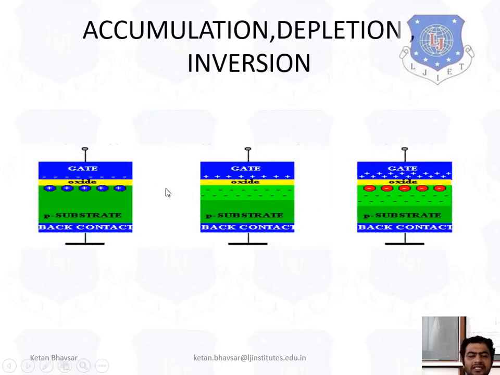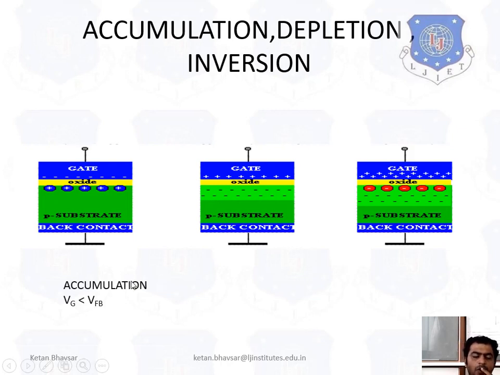Now it looks like this in a particular diagram. Suppose this one is your substrate, and you can see when I apply the voltages here, there are some positive holes. This one is electrons, this one is your holes, and the electrons go back. Here you can see that one inversion layer will be created. This one is the majority charge carrier, holes, and this one is your electrons. So now what exactly is this situation? This one is for accumulation, this one is for depletion, and this one is for inversion.